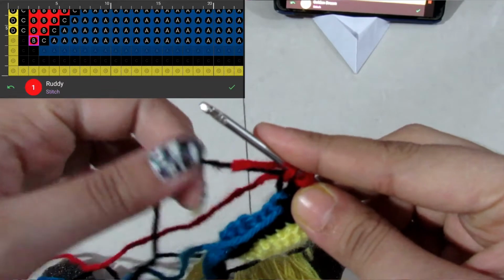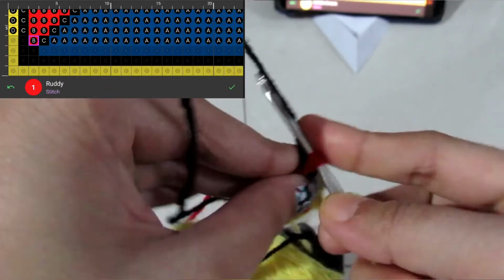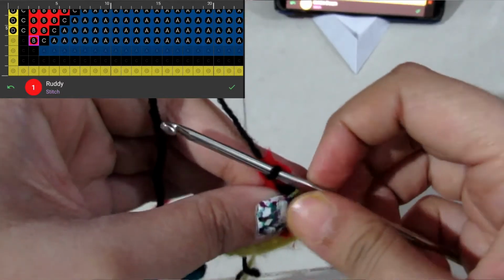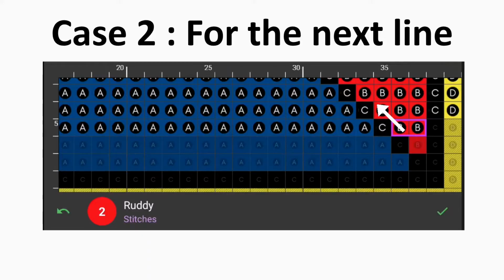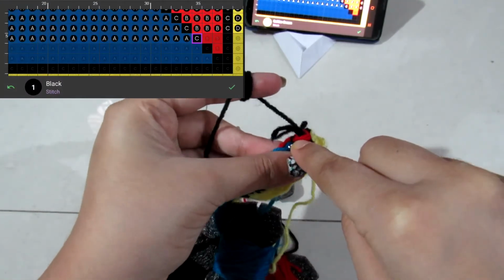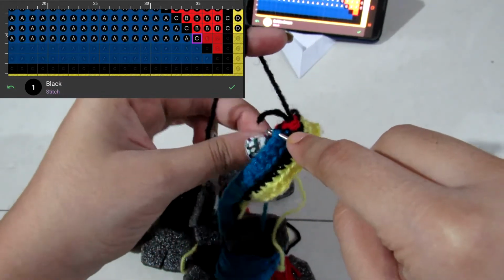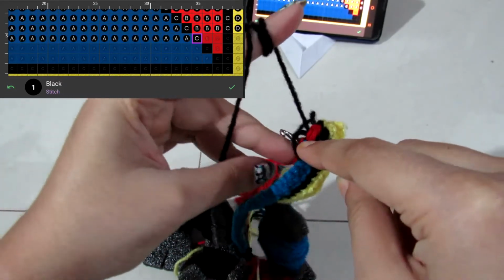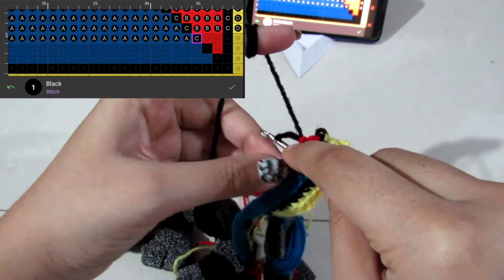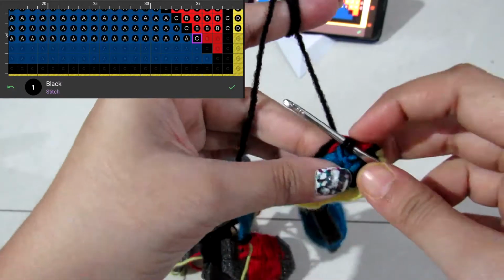Then comes the next one. So here we can see the black yarn has moved ahead and we don't have to enter a new yarn. Next is how to move the yarn ahead for using it in the next line as shown here. So process is again very similar. To carry the red yarn one step ahead for the next row, just take the yarn, put it over the needle just as before, and then complete the stitch.